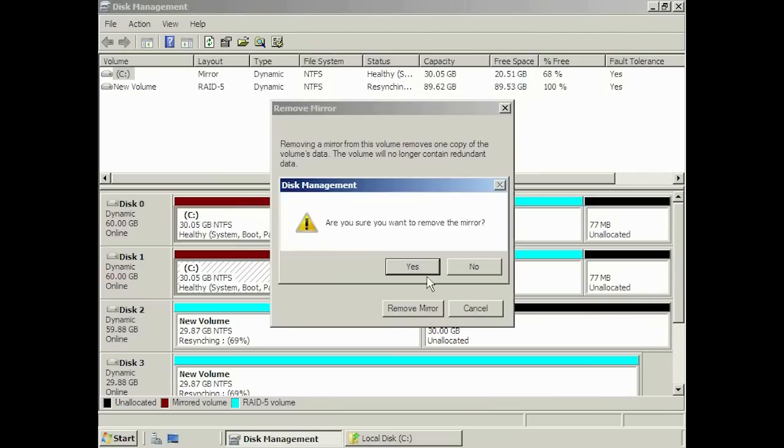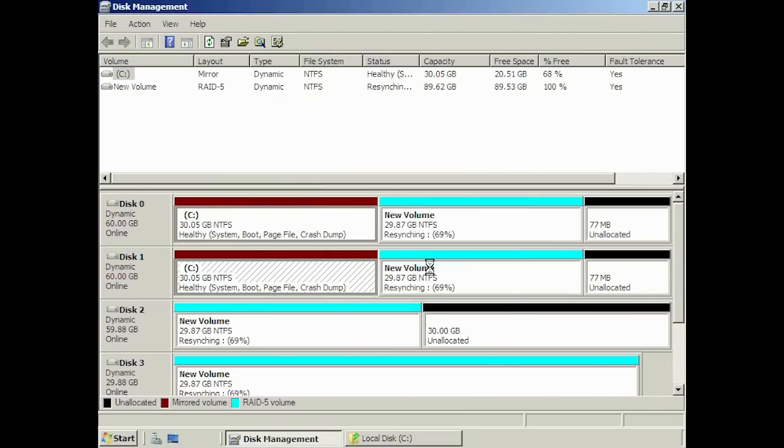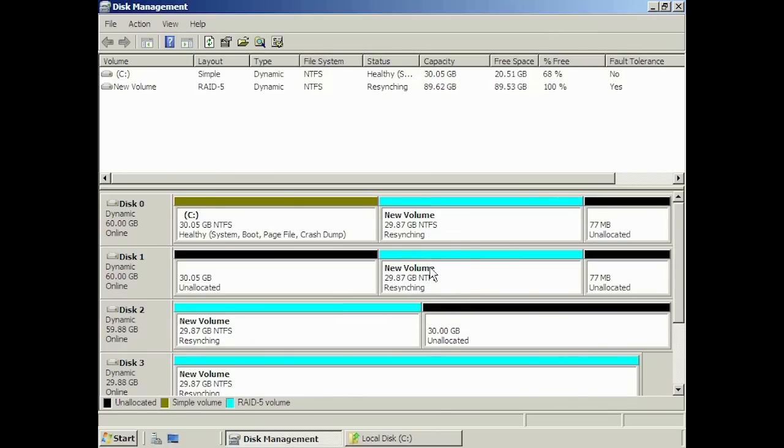If one of the hard disks in your mirror set crashes, use the Break Mirror command to break the mirror. Once the mirror is broken, you can create a new mirror using the newly installed hard disk. That's it for disk management. You will find that once you start using disk management, it is both powerful and